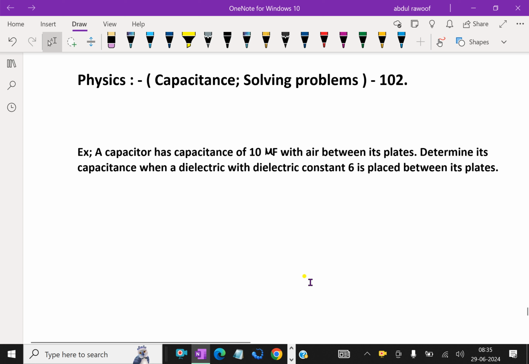Look at these examples. A capacitor has capacitance 10 microfarad with air between its plates. Determine its capacitance when a dielectric with dielectric constant 6 is placed between its plates. Here, already capacitance is 10 microfarad. Between them is air. Now, having dielectric constant 6 placed between its plates, then capacitance C